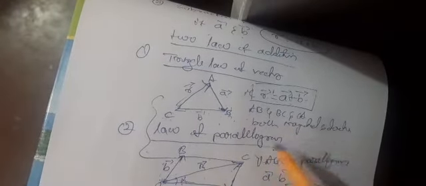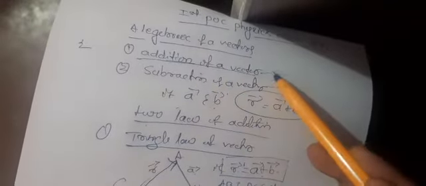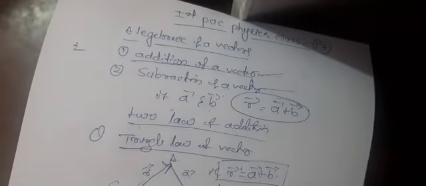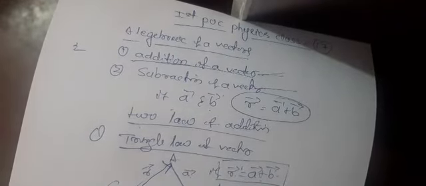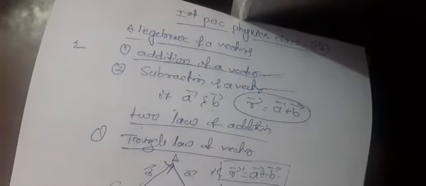Very important two marks question. The algebra of vectors is classified into two different types. The first one is the addition of a vector. The second one is the subtraction of a vector. What is the meaning of addition of a vector? The addition of a vector is,